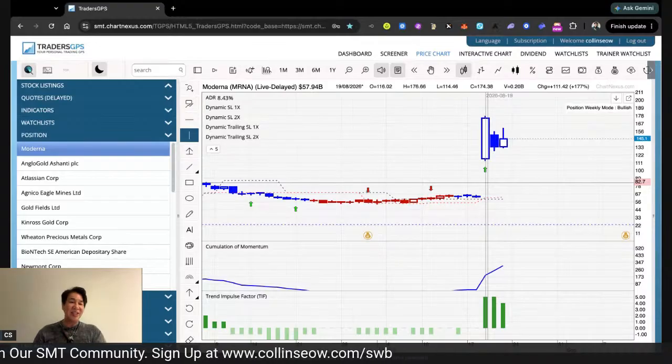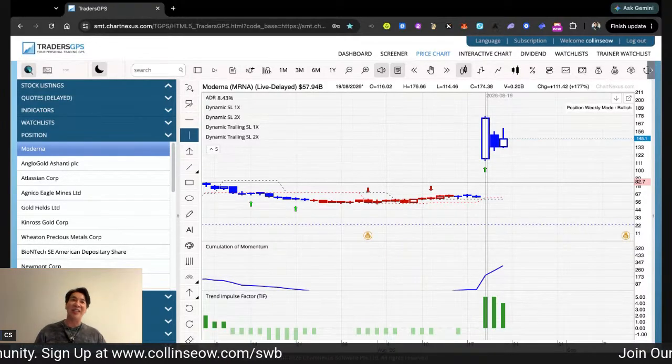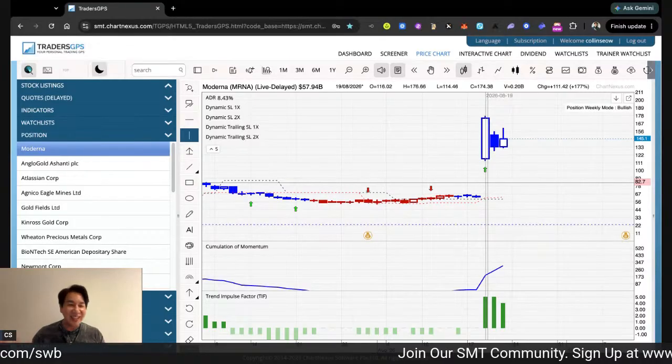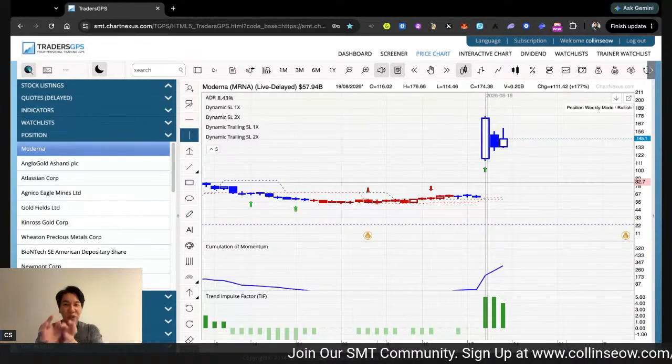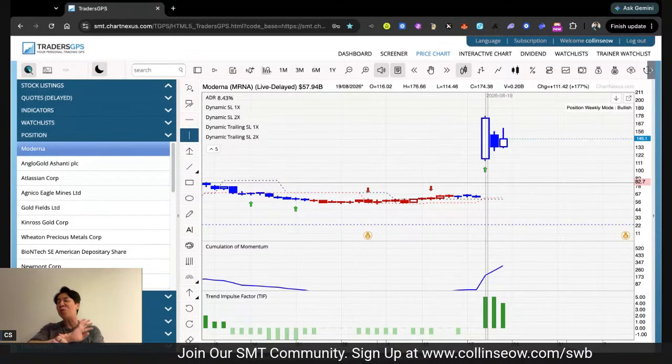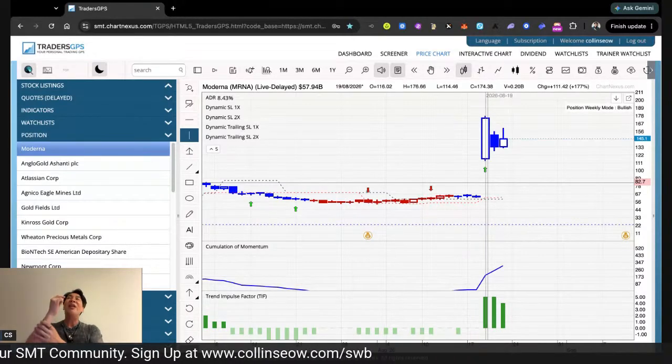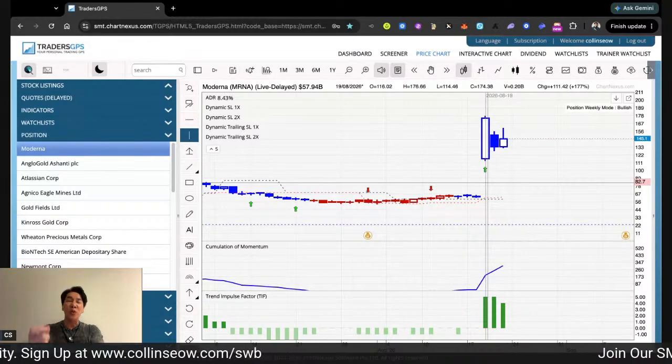Got it? By not seeing, I mean for example, Singapore is now strong. I say, okay, maybe 10 years later it will become weak. You don't see that yet. So trade what you see. You don't need to predict whether the next 10 years will be good or not. If it really becomes good, it will show you.